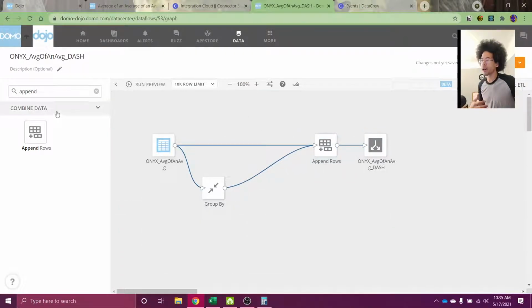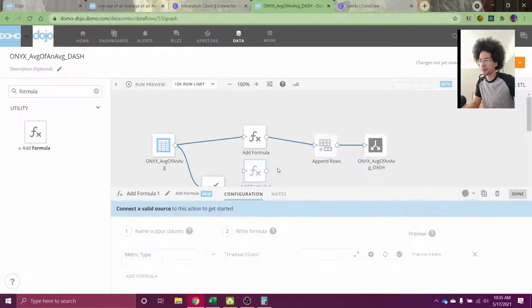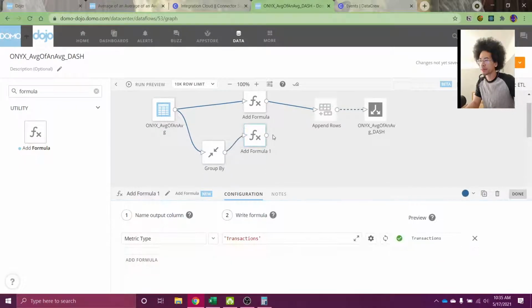Now, the only minor change I would make here is I will always add a constant onto the data set, usually called activity type, but in this case, they're permutations of the same metric. So I'm going to call this metric type, and I'll call this the transactions. And I'm going to duplicate, what? Why are you giving me an error? Don't give me an error. Okay, I'm going to duplicate this tile, pop it in right over here. And then instead of calling it transactions, this is